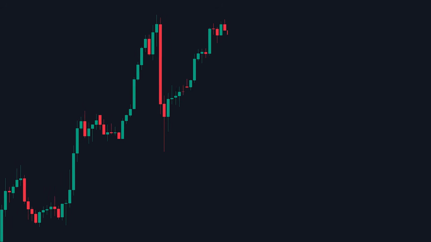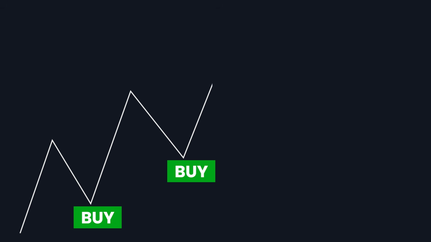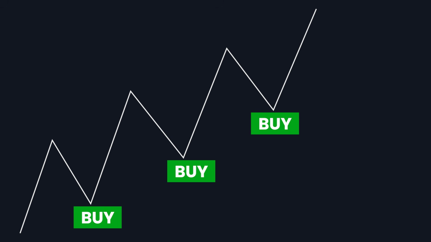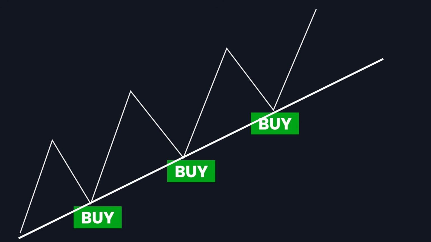Done properly, this is the lowest risk entry in the entire trendline playbook, and I'll show you exactly why with a live trade. The logic is simple. If a valid trendline represents a buy program that's still active, then every return to the line is that program buying again, and we want to buy with it. The edge isn't in the line. The edge is in where the line lets you place your stop.